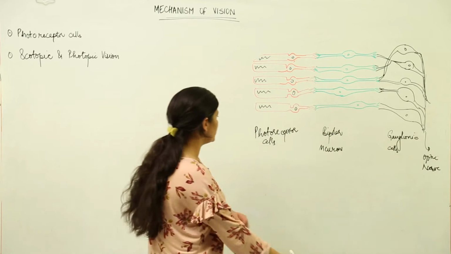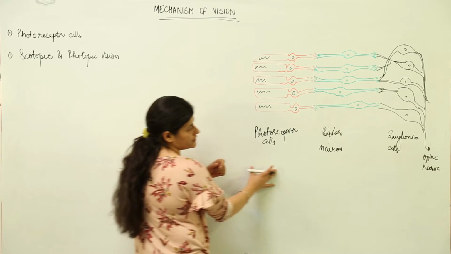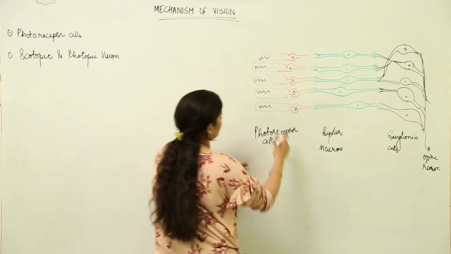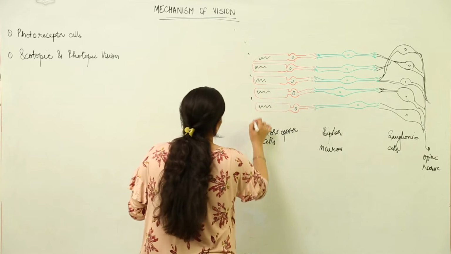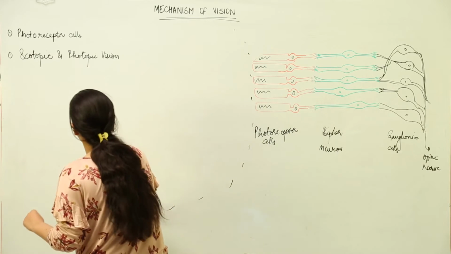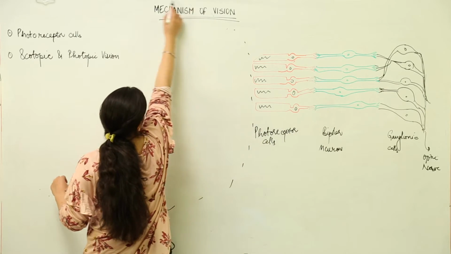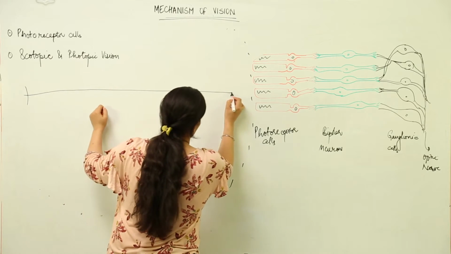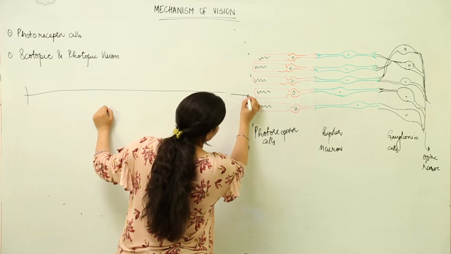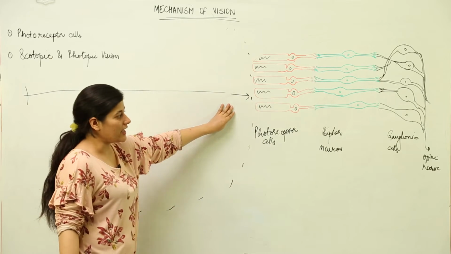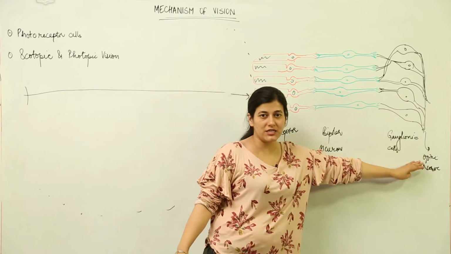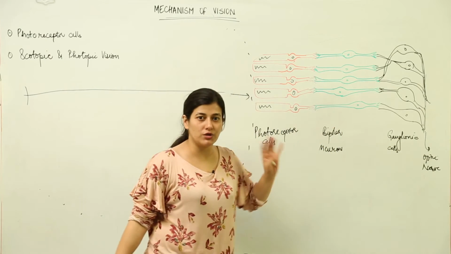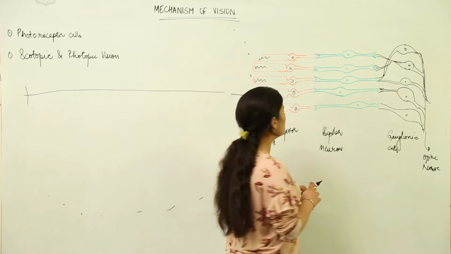Now, what you see over here, this entire thing, is the retina if it is magnified. Supposedly this entire huge thing is the eyeball. Try to make it out. This is the pupil. From here the light comes, it strikes these photoreceptor cells, it has to reach this part, and this part will take it to the brain where the image would be processed.